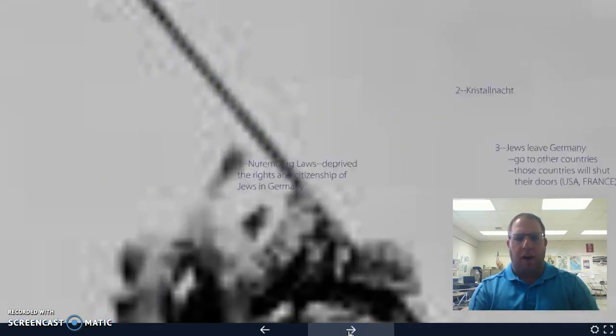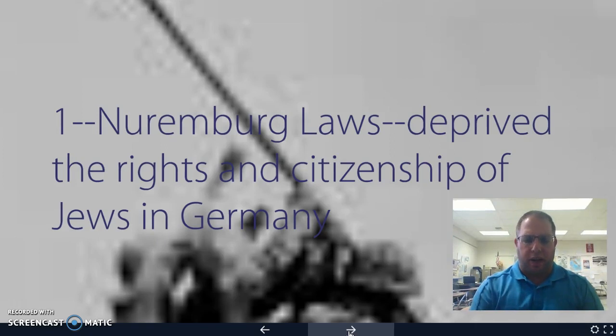In 1935, Hitler and the Nazis are going to enact what are called the Nuremberg Laws. Essentially, these are laws that are applying rights and citizenship of the Jews in Germany, essentially taking away their ability to be citizens of the Reich. And once they lose their citizenship, their rights are minimized as well. These are marriage rights, these are birth rights, these are workplace rights, these are simple political rights,